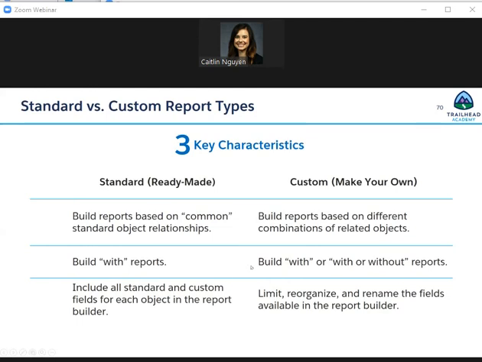Now, custom report types. This is one of the terms we saw originally, and I need to get my tools out